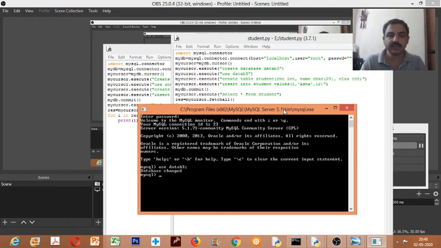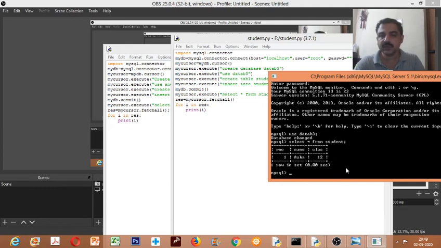Then just to check the data stored in the table student, write select star from student. So what we have entered is stored here. Next, through this command it fetches from MySQL to Python, then it displayed.